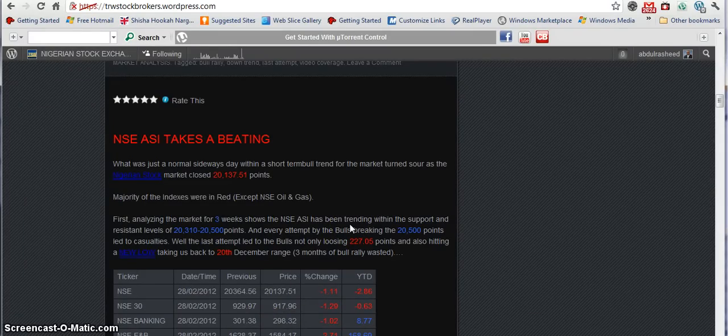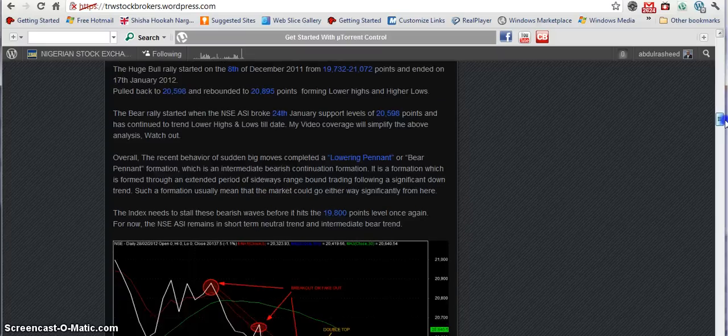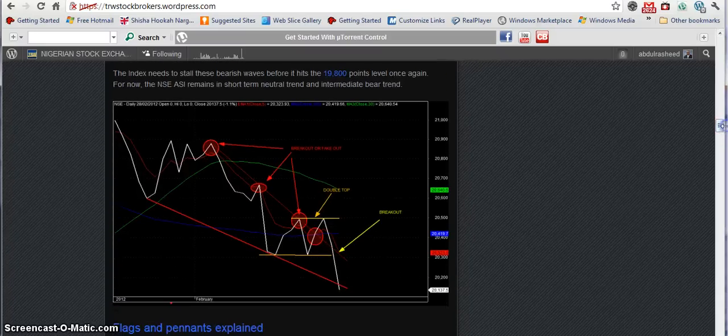trwstockbrokers.wordpress.com. I'll be talking about what the NSE ASI did on the 28th. I did promise I was going to show a video explaining what the current chart pattern is doing on the market. Yesterday, we did see the market take a huge bashing, falling below a support and